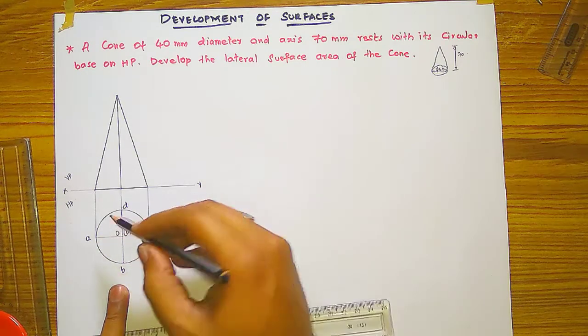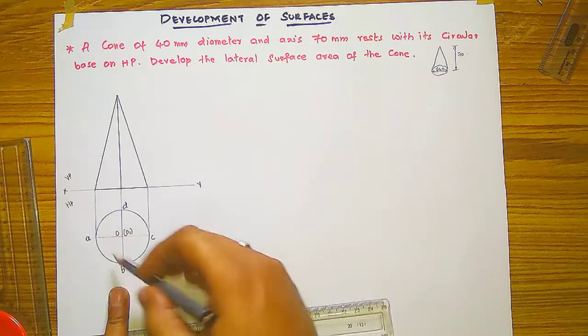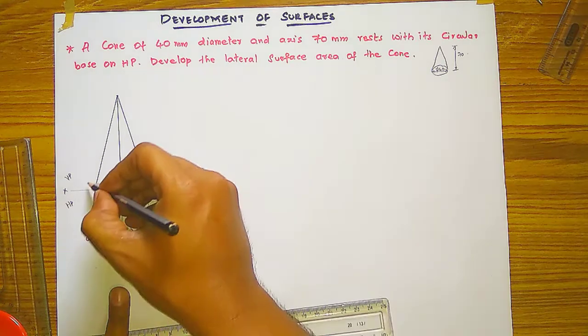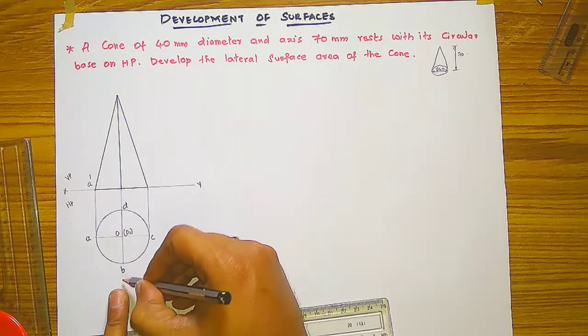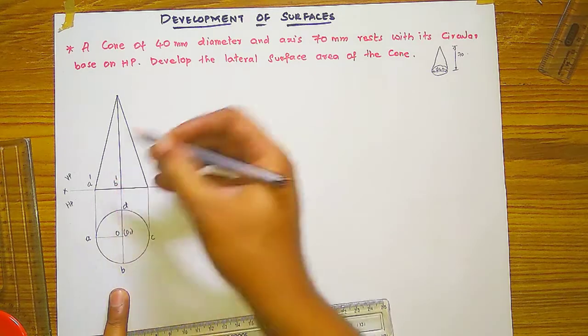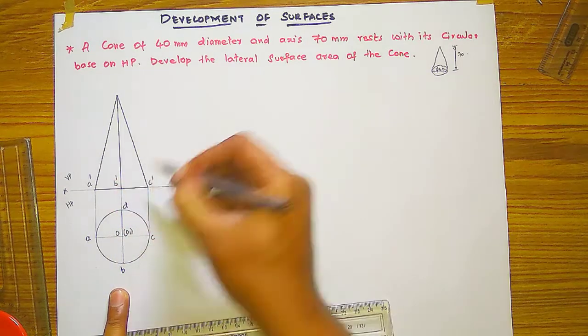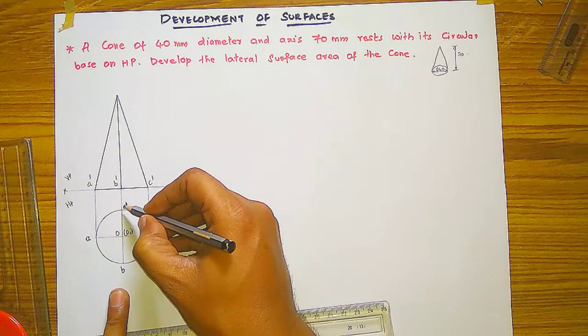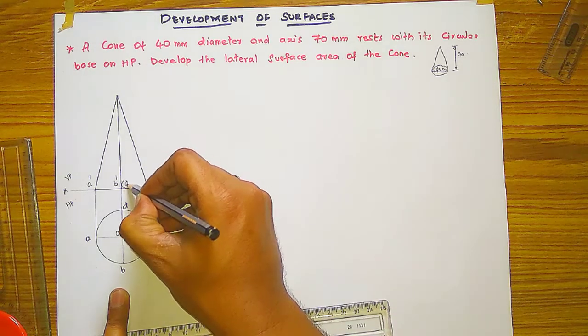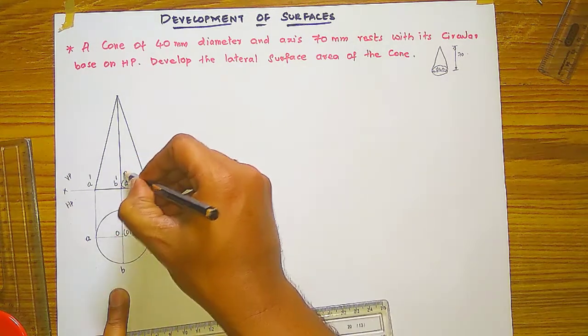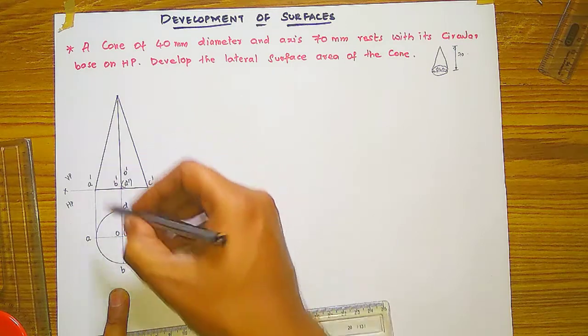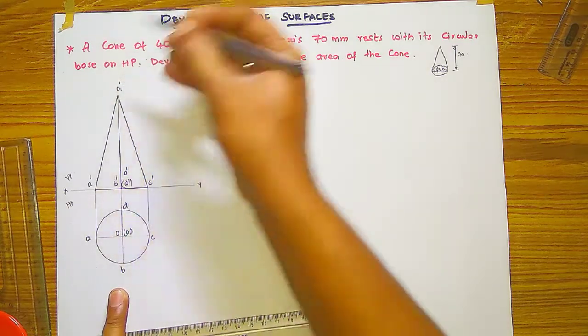By the procedure I am showing you, if you see from downwards, this A point, A is visible, so you write it as A dash. And if you see B is visible, so B dash. C is also visible, C dash. D is not visible, it is somewhat backside. For the invisibility you have to write it in bracket. Then remaining O, directly write it O dash. And for O1, in the top, O1 dash.